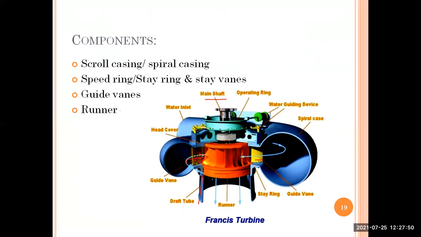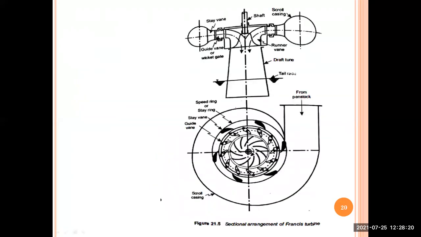And after that you have a runner part, which you already know. The runner is a circular wheel having a series of moving vanes, and the runner is connected to the shaft of the turbine. The shaft is used to connect the runner to the electrical generator. The next part is a generator, which is used to generate electricity. Those are the different components of the Francis turbine.